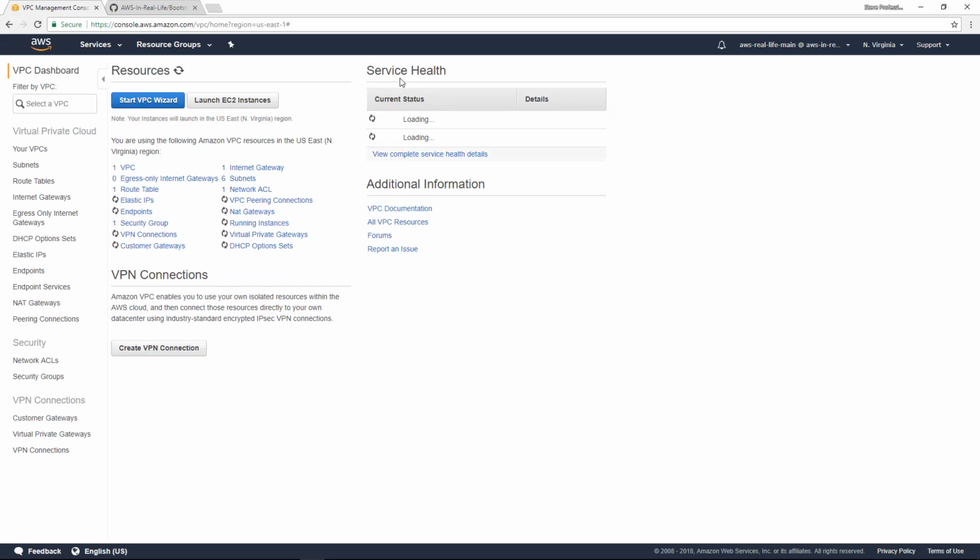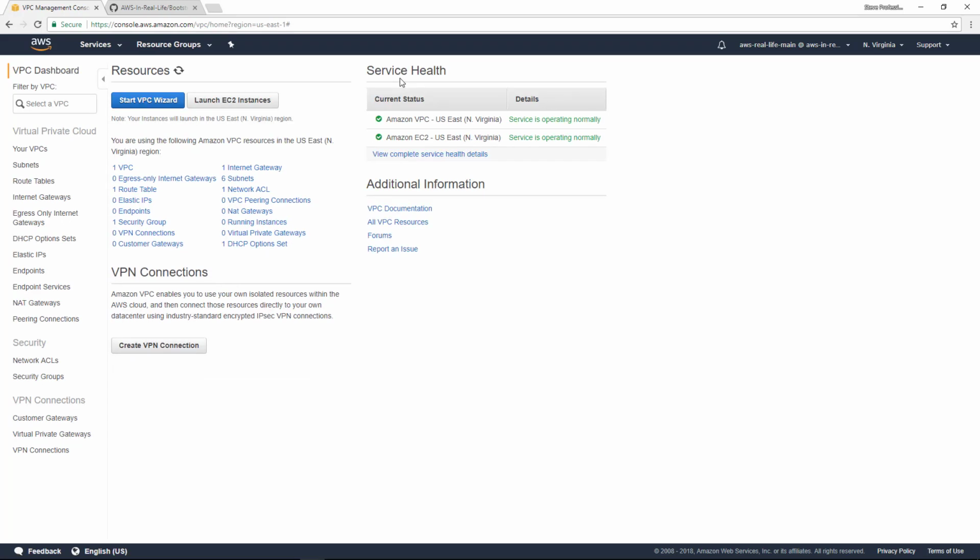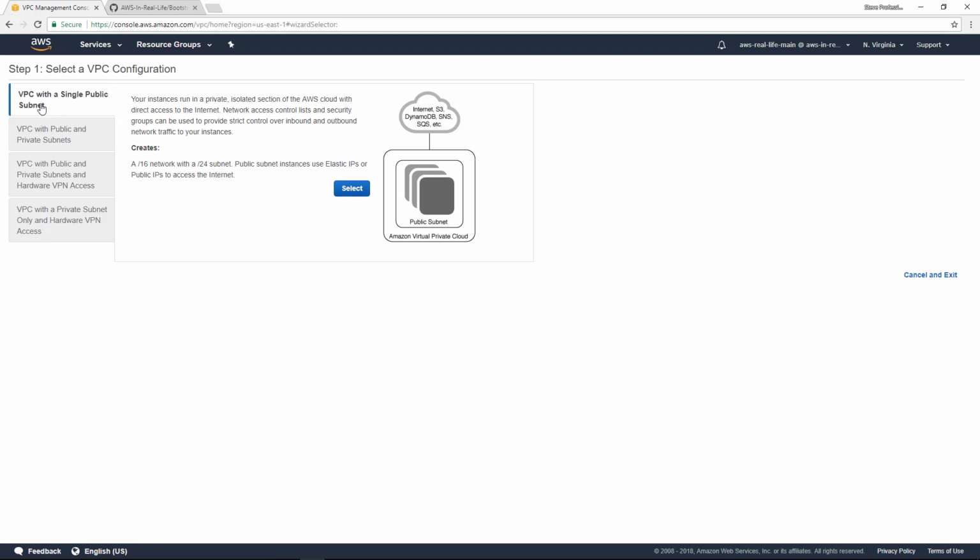Now, if you're not familiar, VPC is a virtual private cloud, and this allows us to create essentially our own private network in the cloud. So the resources that we create in our network are isolated from the rest of our other resources in our AWS account. So we are going to click here with the Start VPC Wizard, and we're going to use the